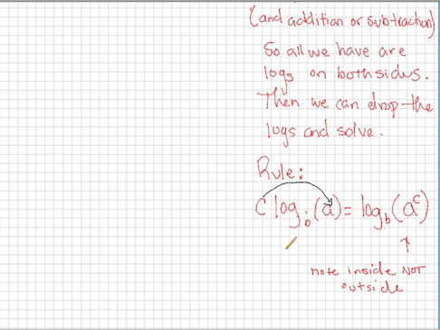So here's the rule we're going to be using to get rid of that coefficient. If you have a coefficient in front of any logarithm, you can have any base you want, any argument of the logarithm, it doesn't really matter what's going on. What you can do is take that coefficient, bring it inside the argument as an exponent. So applying this rule,